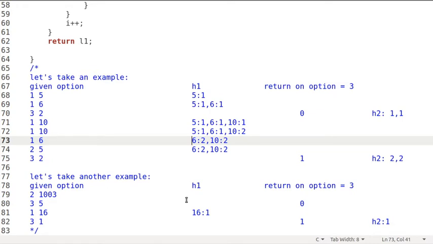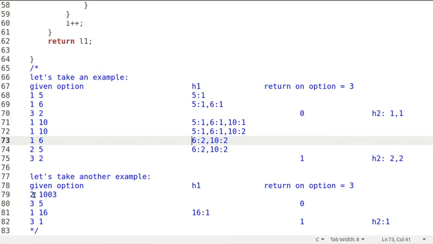Now we will check the second example. Why I have taken the second example, you will understand in the next step. This is the most important thing, what many people miss in their code, even if they are able to do this program.